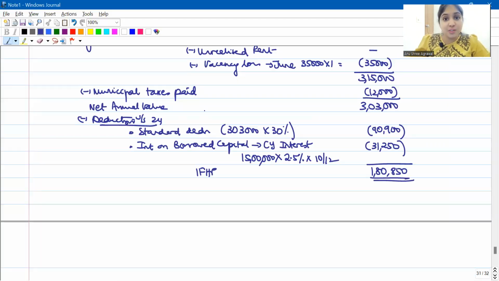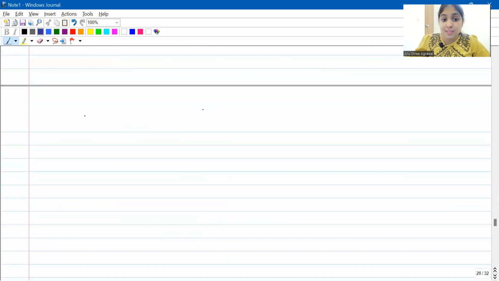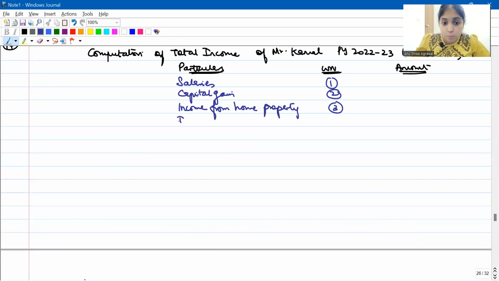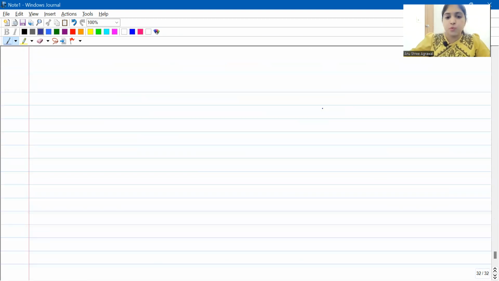Which head of income will this go to? IFOS. So I'll come to my main answer. I'll open another head, Income from other sources. This is IFHP. This is IFOS. I've written these short forms so that I can use them in the rest of the question. So working note number 4, I'll open another working note